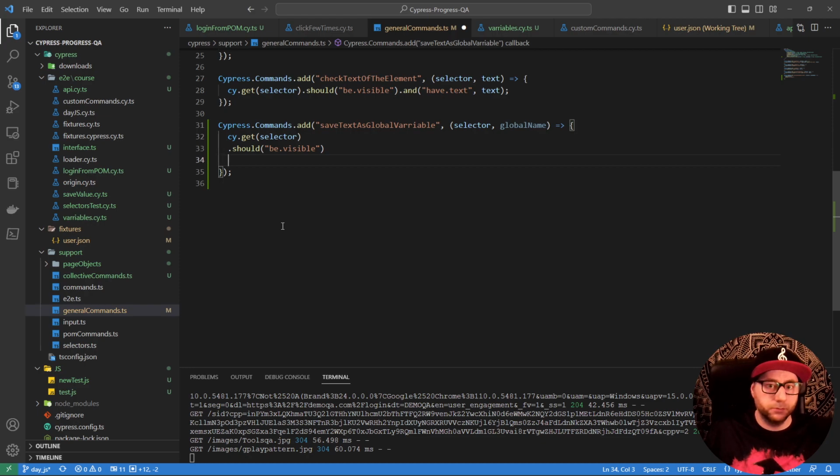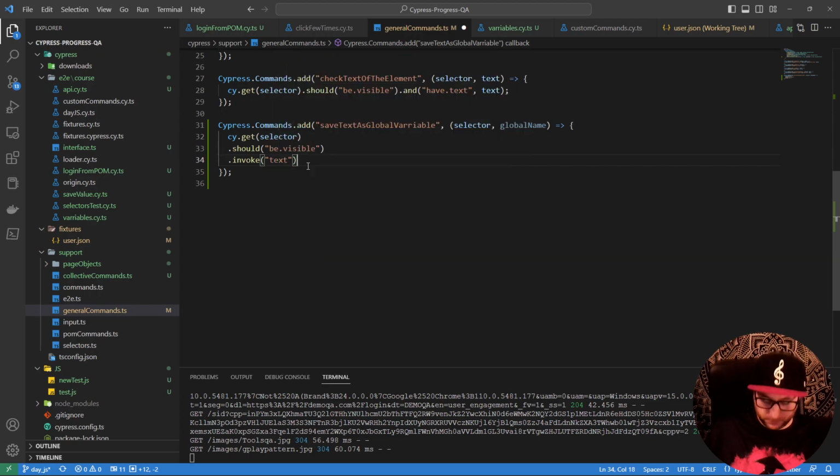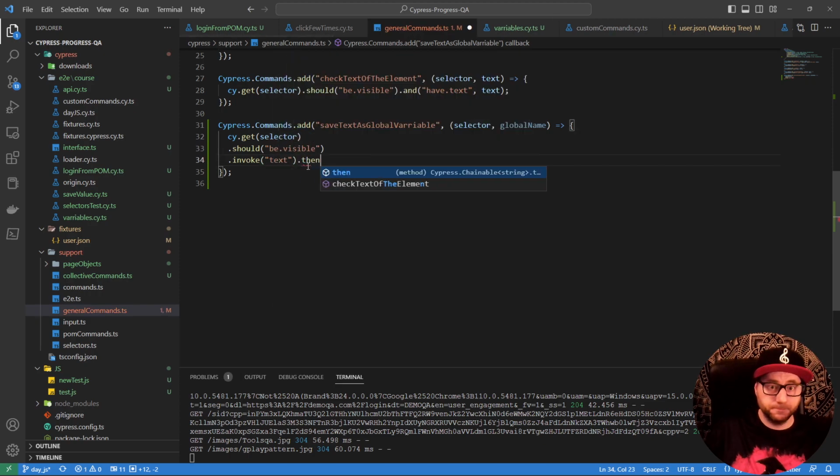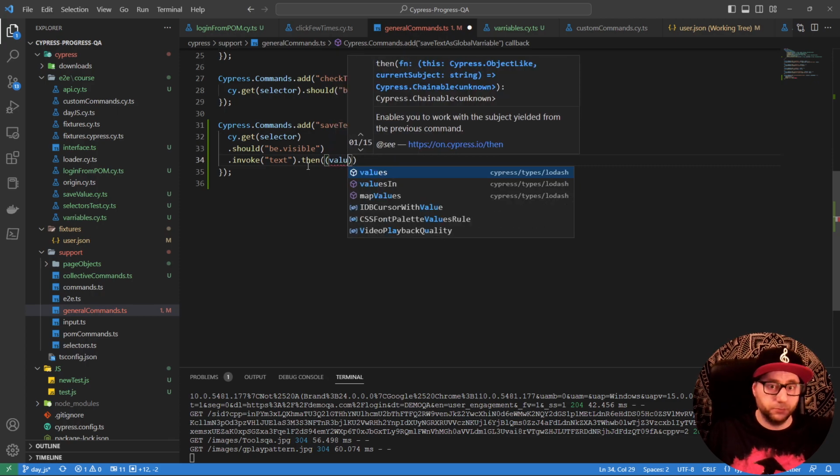And okay, we have save text. Okay, so invoke text, yeah, invoke text, then two parentheses, and here, for example, we can add a custom name for the then, maybe text,